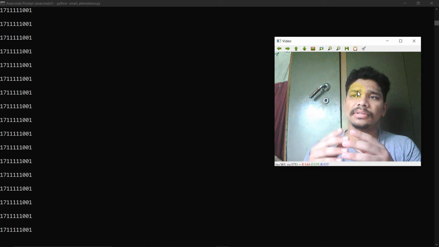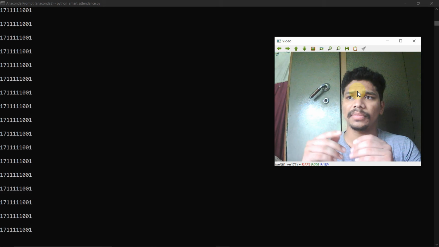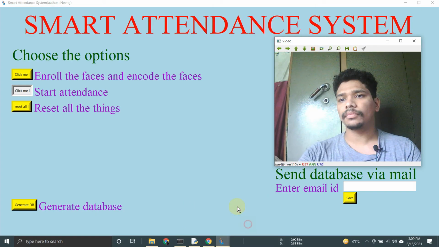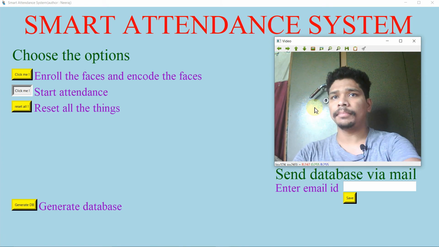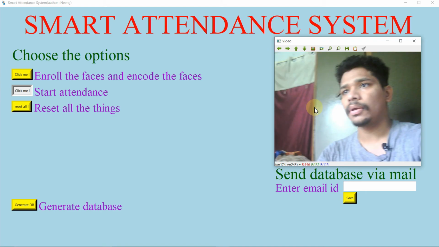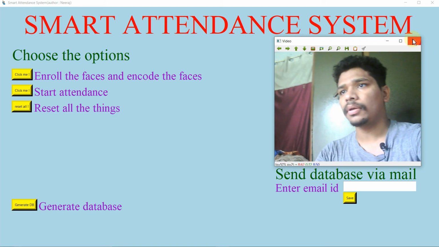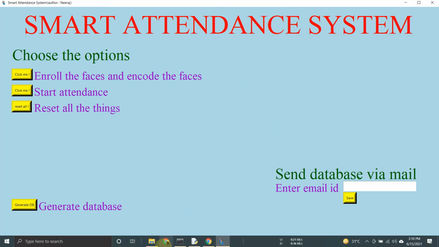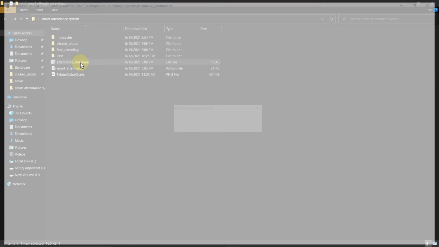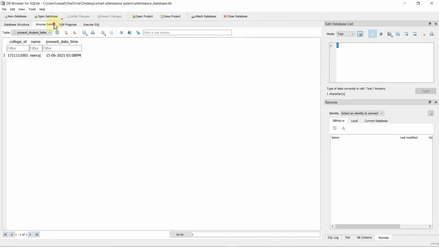I created a condition, so it enters my name only one time in the database. Okay, when we press Q, then it stops. Okay, let me see whether it stored or not. See, it stored my name in the present student table.